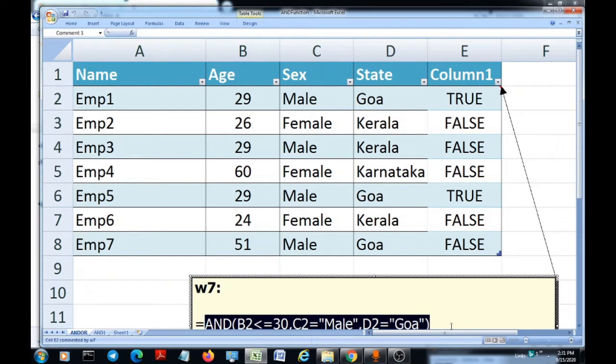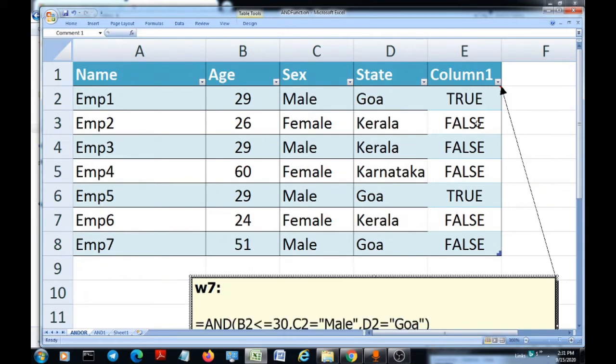I'm copying the same formula here. What I want to do is highlight the employee names which are meeting this criteria. That would be a visual representation that is much easier to present to people. I have copied the formula for the sake of convenience.